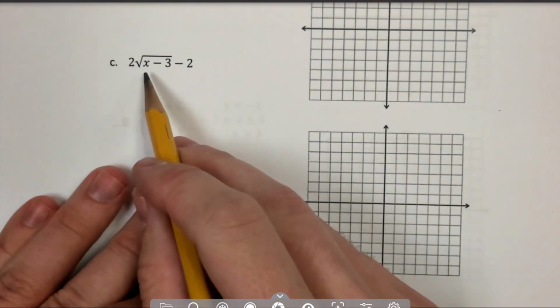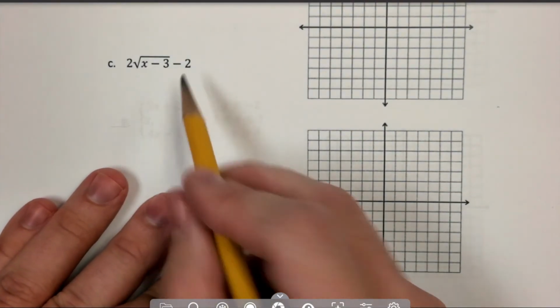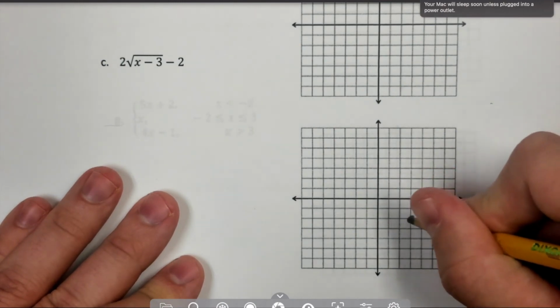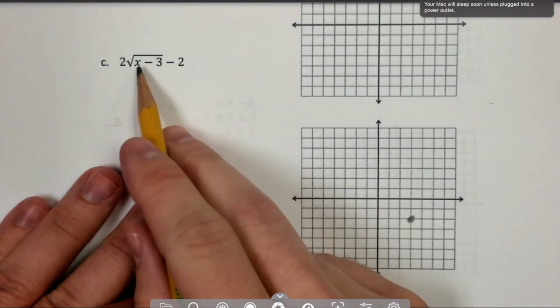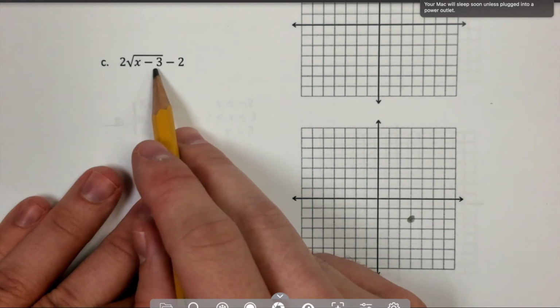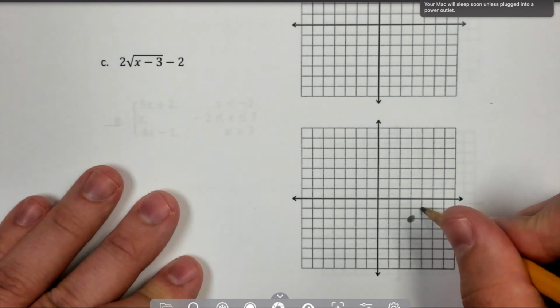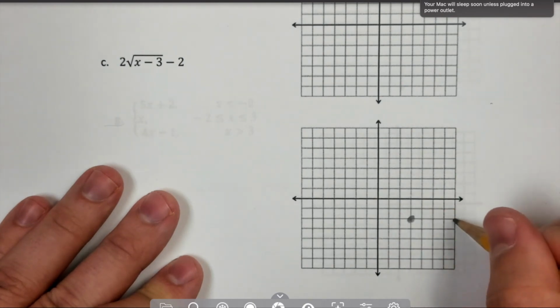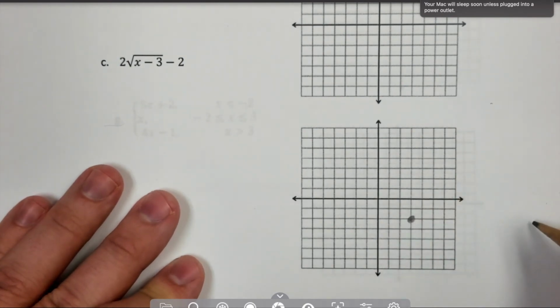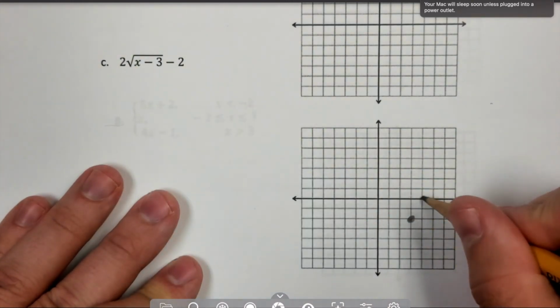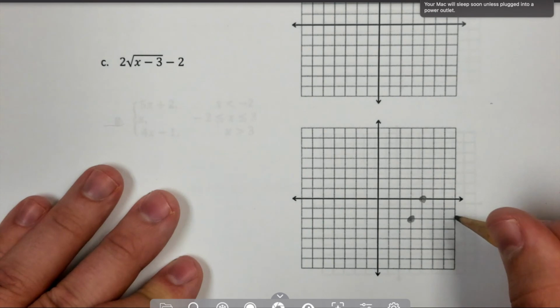Okay, up next we've got a square root function in vertex form. Now that vertex is right 3, down 2, and it's vertically stretched by 2. Now a square root is the inverse of a square function. So usually this would go right 1 up 1, or right 4 up 2, or right 9 up 3, but now we're doubling that vertical movement. So I'll go right 1 up 2, I'll go right 4 up 4,